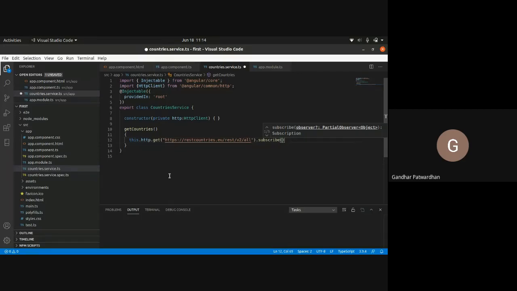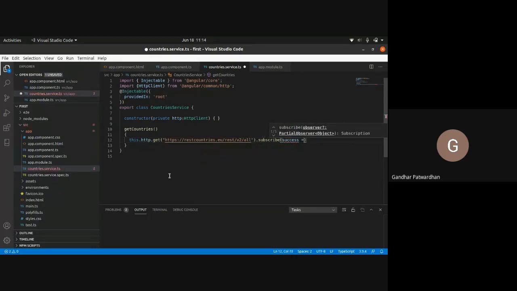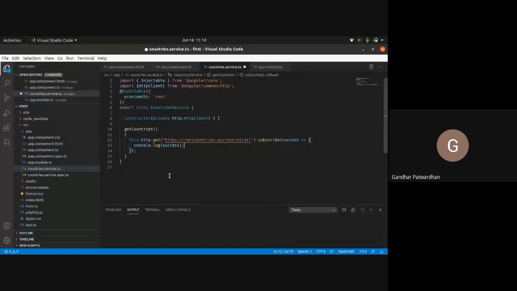So subscribe takes a callback function as a parameter. Now this is a callback function which I am giving here, and in this I would simply say, as of now, console.log success. If you observe this carefully, this is simply an arrow function which is passed as a parameter to your subscribe. So if it is successful, we pass the first parameter.